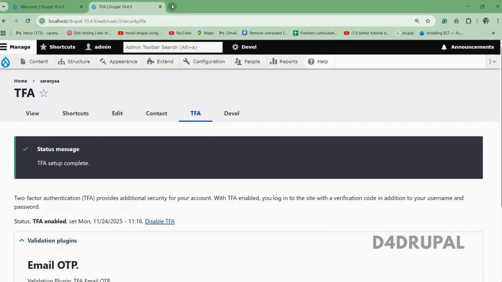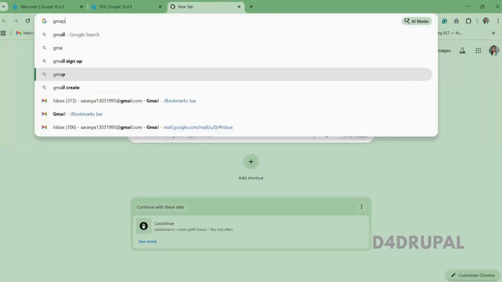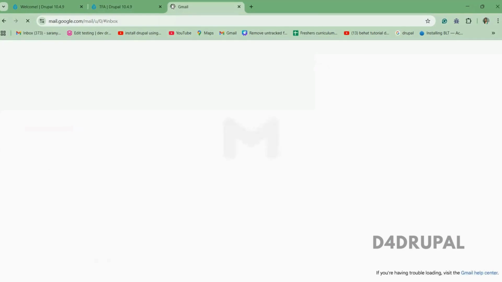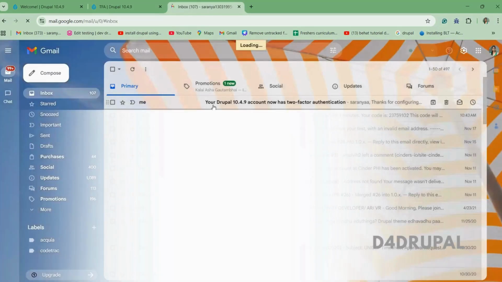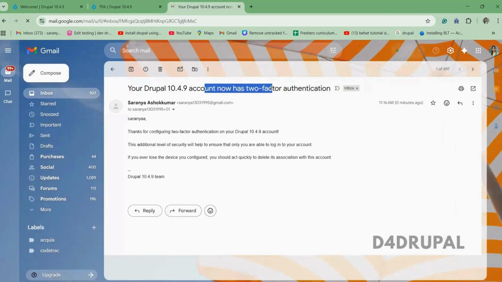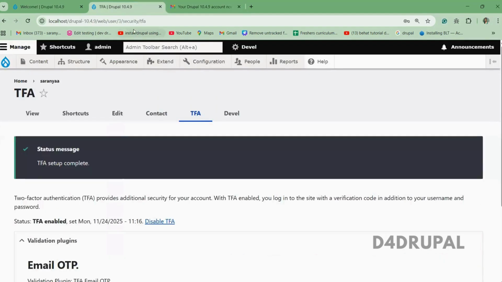So let me go to Gmail. You can see your account is now set for two-factor authentication. This is the enabled two-factor authentication name. And now when I try to log in,